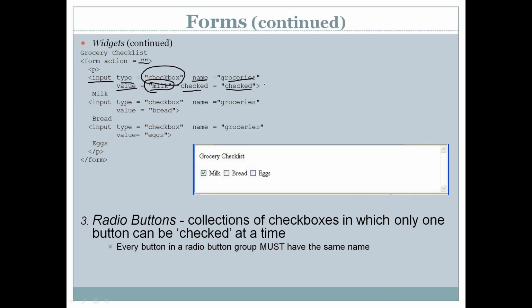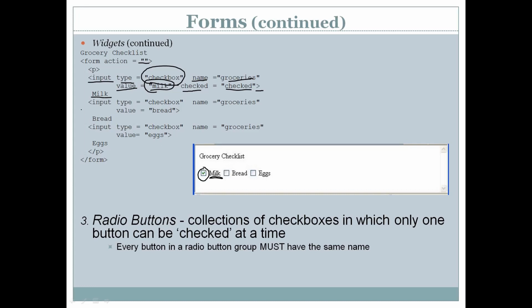Then this is the closing angular bracket of the input tag. So till this point we create a checkbox. Remember, this will only create that square box. The text will not be displayed with the square box. The input tag will create only this part of it, that is a square box. The text has to be displayed separately. You can see we have displayed the text outside the input tag. Input is completed here, and then we have displayed the text milk after that.